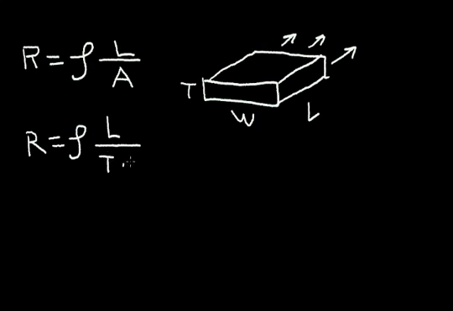In a previous video, I said that resistance is equal to rho times L divided by T times W, which is a cross-section that the current flows through. If I take these two terms here, the resistivity and the thickness, I can rewrite this equation